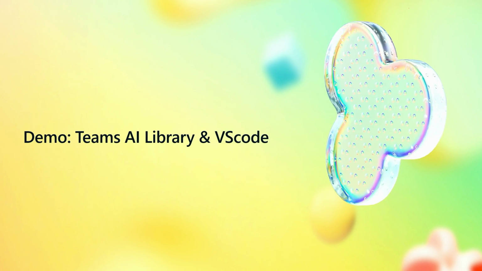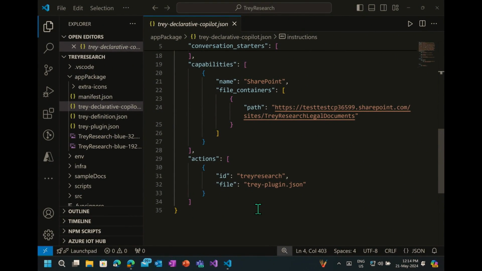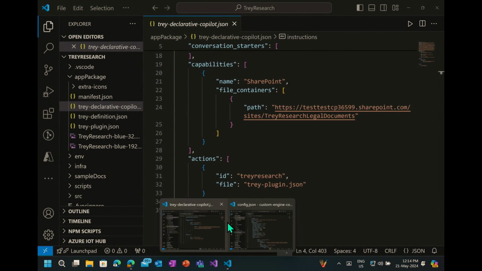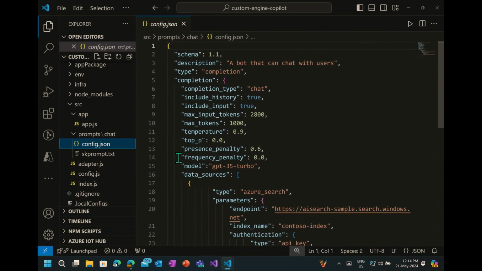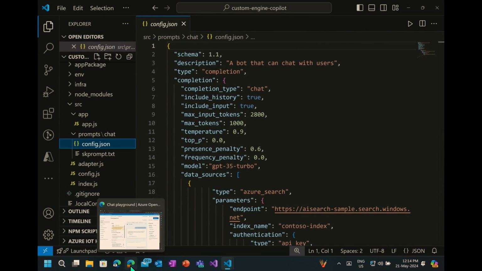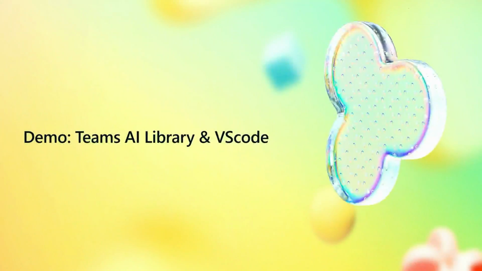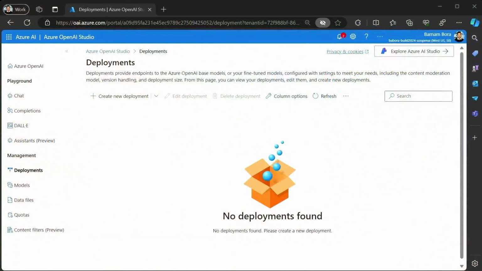Let's look at what actually is a custom engine copilot and how you might be able to instantiate it. Let me roll the video first.